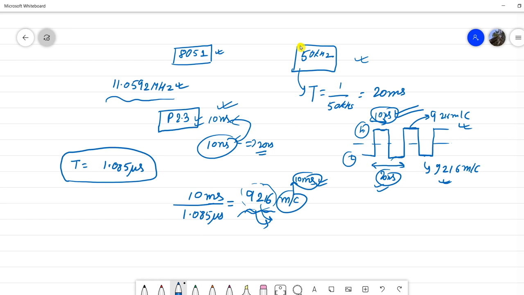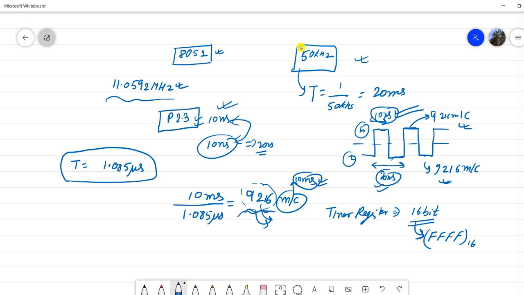In the timer we have the timer register, which is a 16-bit register. So if it is a 16-bit register, what will be the maximum value inside it? In hexadecimal, where the base is 16, we can write it as 4F.